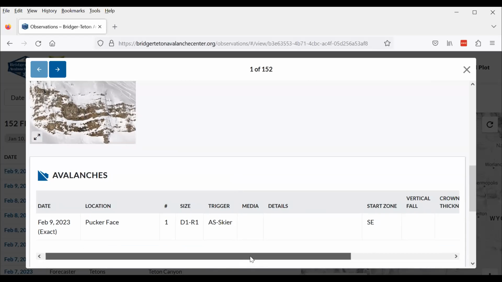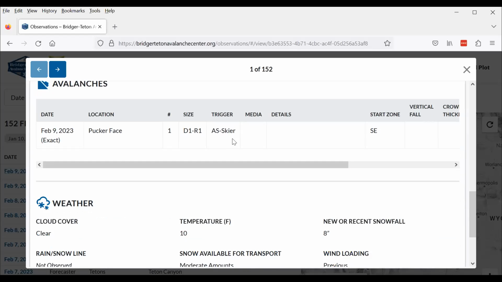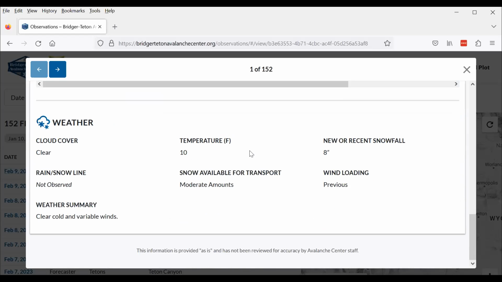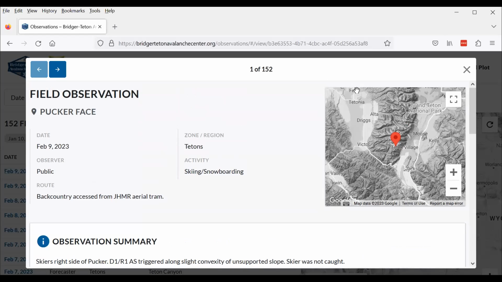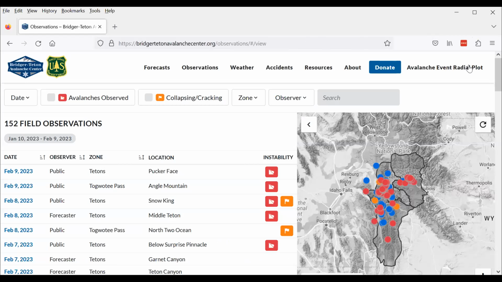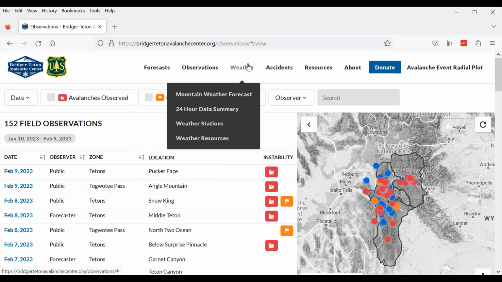It may or may not have all the information in it, but avalanche occurrences are worth their weight in gold. You could talk about 50 snow pits that you dug, but avalanche occurrences are definitely the class 1 bullseye data. So that's really, really good information. All right, I'm going to back out of that. Very good. I'm going to move on